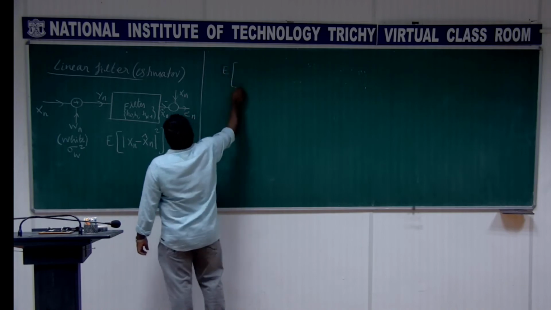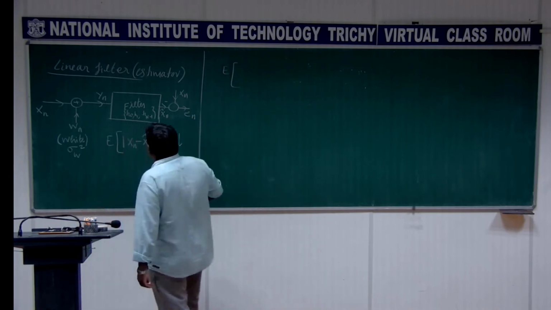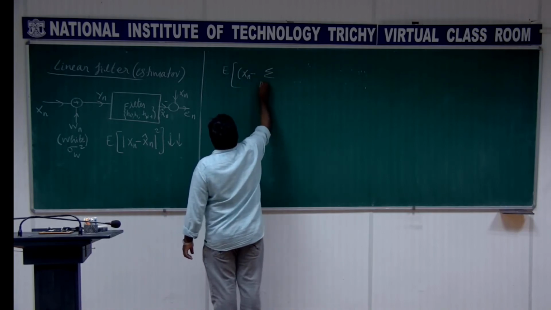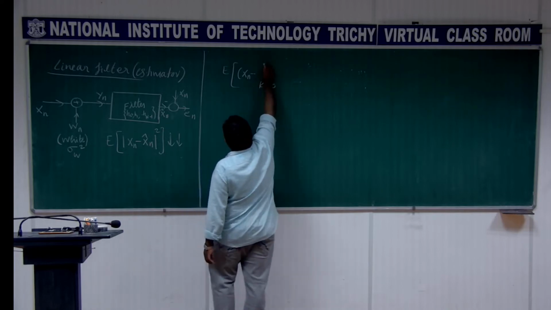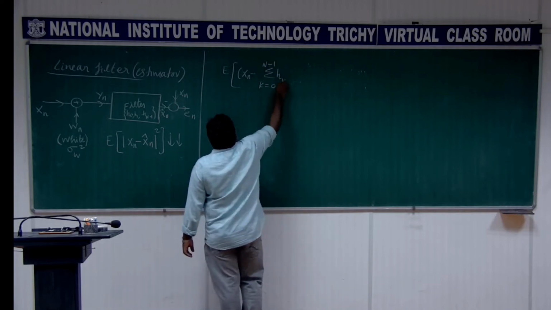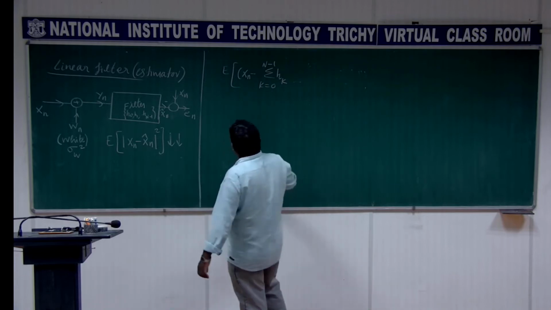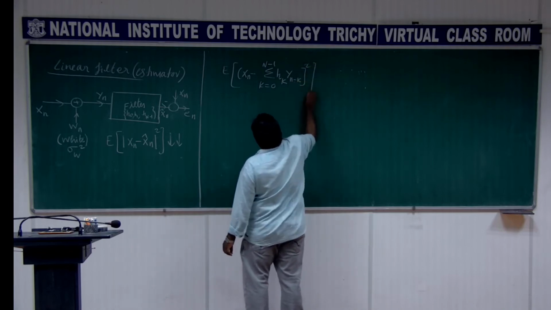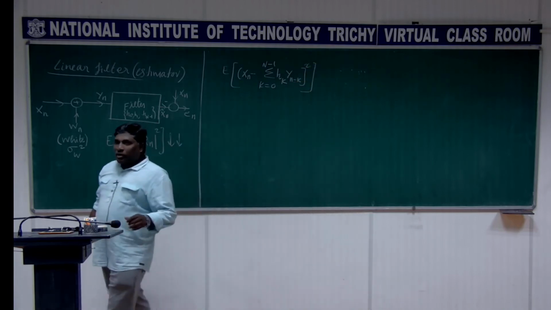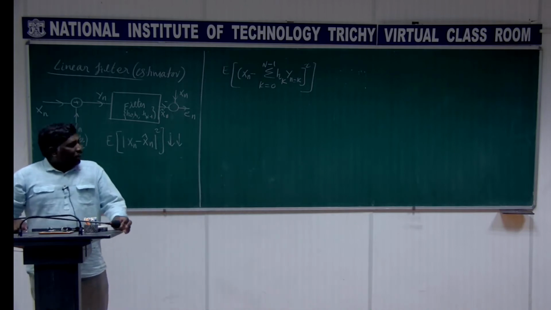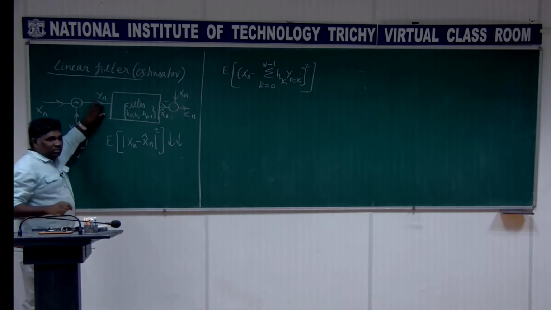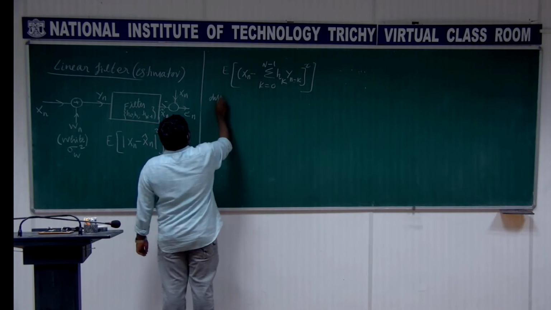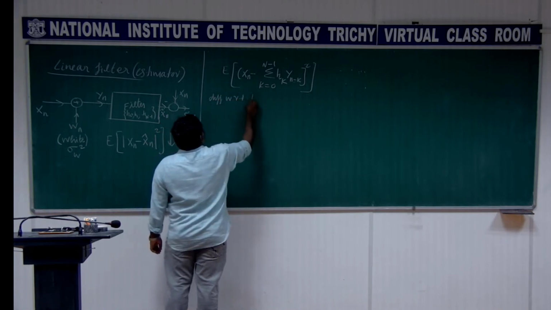Okay, so let us consider this is a real signal. So I just take Xn minus Xn cap like this, and the filter, let us have that filter with n coefficients, so Hk and Yn minus k. Xn minus sigma k equal to 0 to n minus 1 Hk Yn minus k, because Yn is given as an input to this, right? So now I am going to differentiate with respect to Hr.